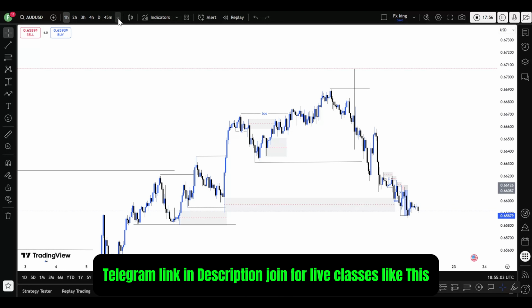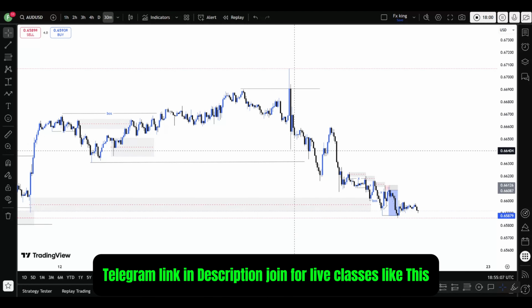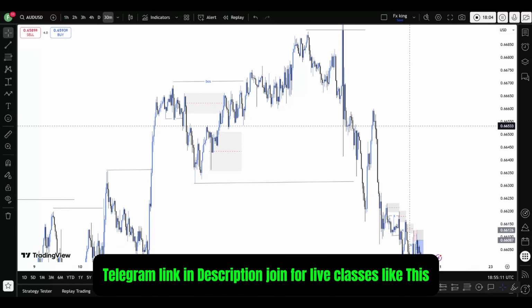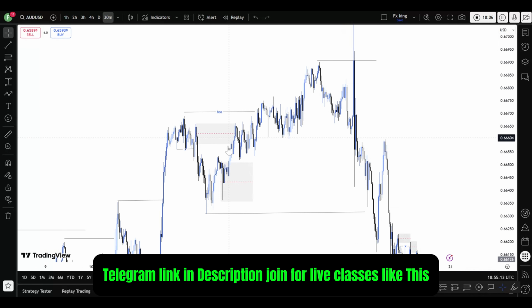If you go down to a much smaller time frame, you are going to see a lot of internal structures. You are going to see a break of structure here. You are going to see another internal break of structure here. These are minor breaks of structure in the direction of the market. So when you see this, you see that this market here happens to